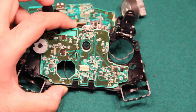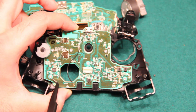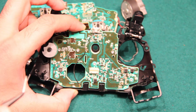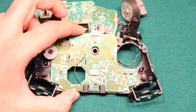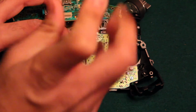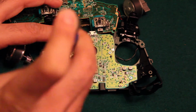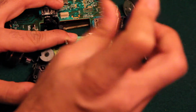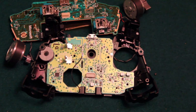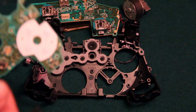And now this circuit board contains a few T6 screws. As you can see, there's one here, one here, one here. In the corner we got a couple, so we want to go ahead and unscrew those as well so we can get to the actual hardware buttons in the back. And there we go. Now we have the second circuit board removed,